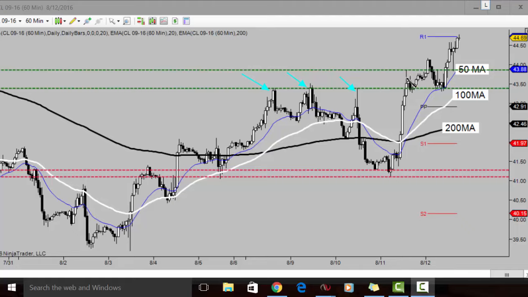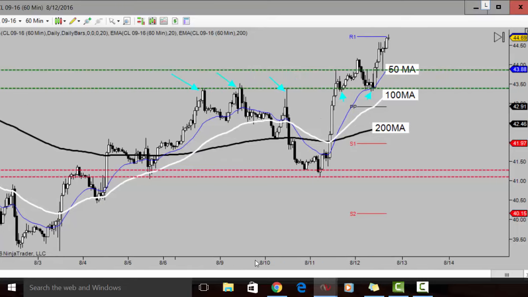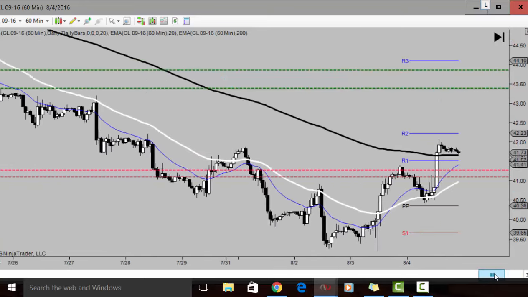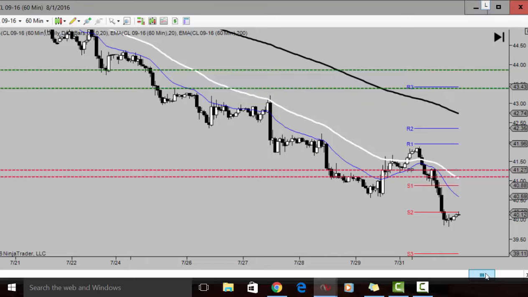Okay, and then what you see here is that this support level was broken, retraced, and acted as support. And from there, it acted as support twice at this level and right here. So I'm going to show you what I did Friday. First, I just want to pull over the chart a little bit more. We're going way back to